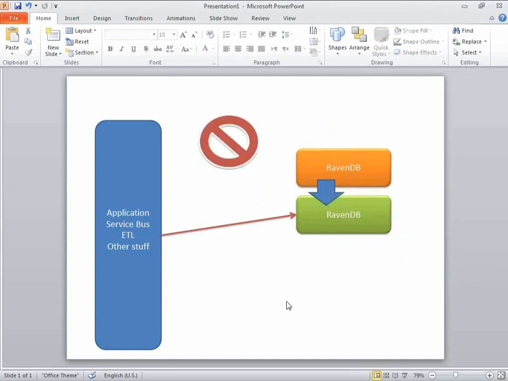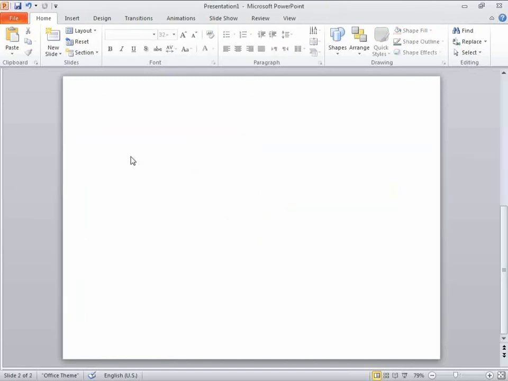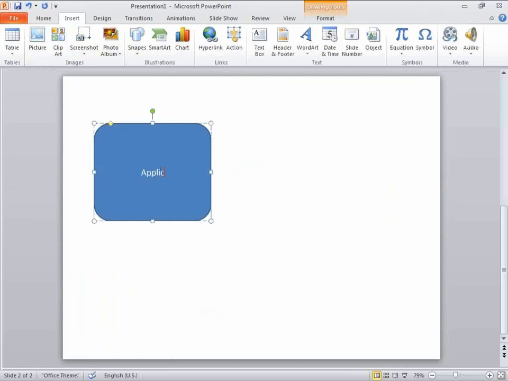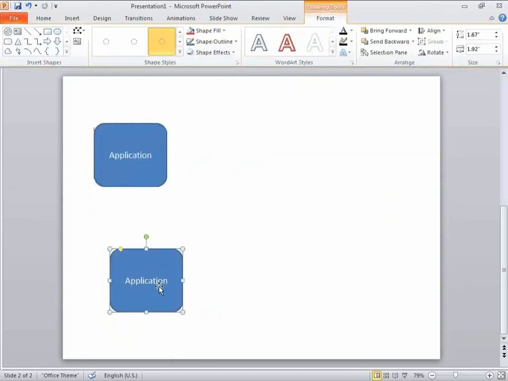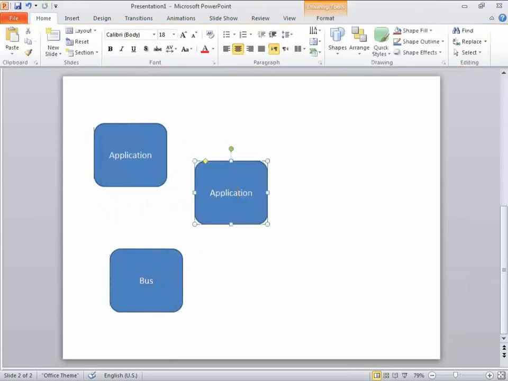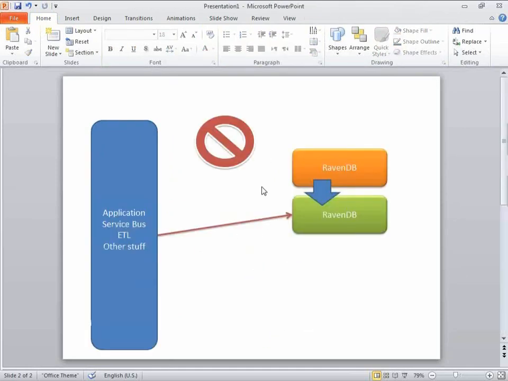So this is the default deployment for any production scenario, just because it allows you to recover from a failed database. The more interesting aspect is what happens when you actually want to scale. And in those cases, what we usually say is something like, this is the application, this is the bus, this is some sort of ETL, and each of those